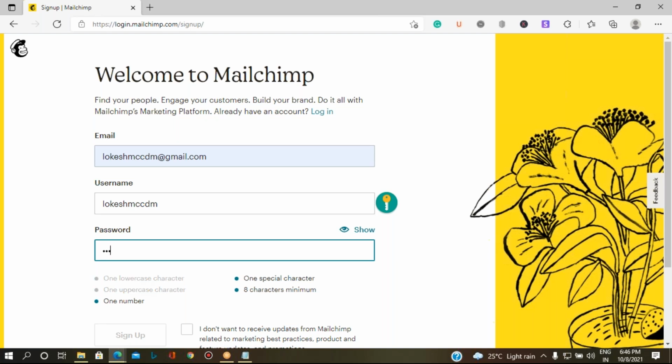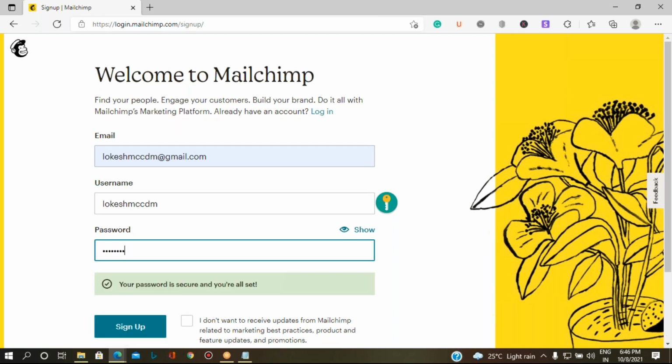Whenever you give the password, make sure you satisfy the password policy. When you give a proper password, it shows that your password is secure and you are all set.